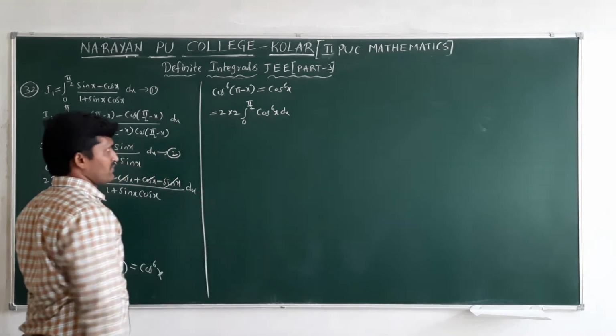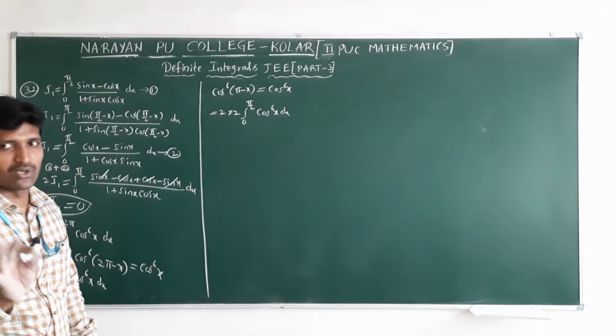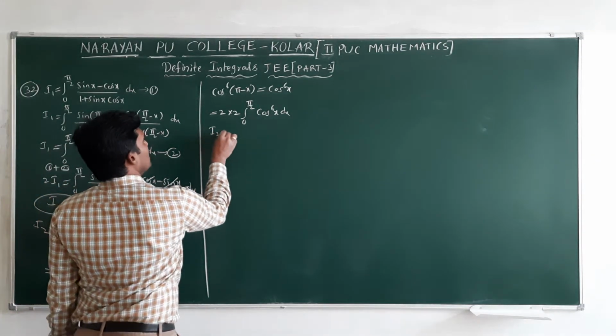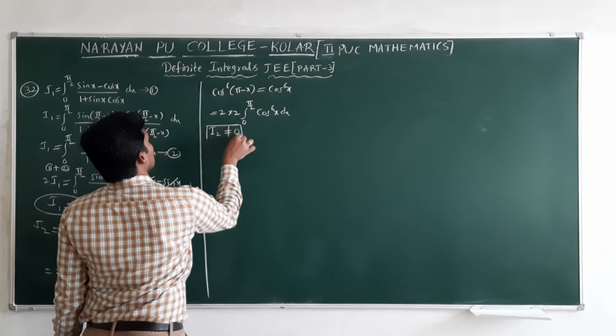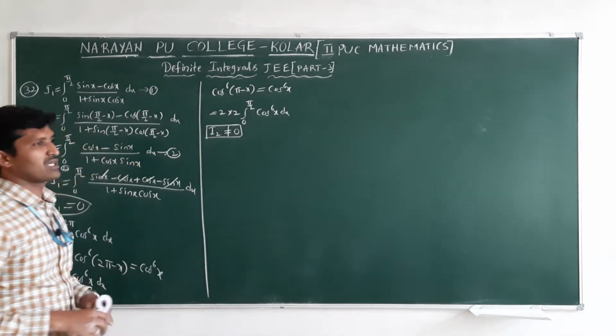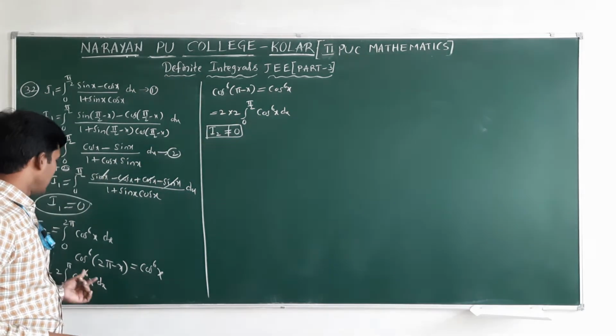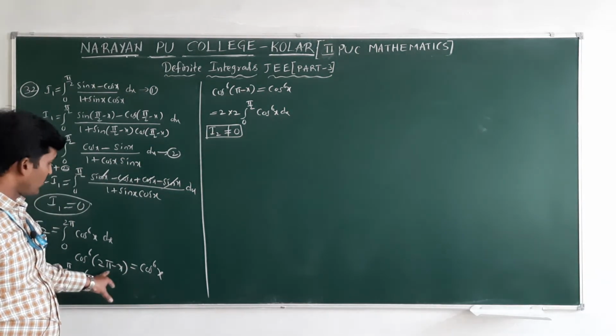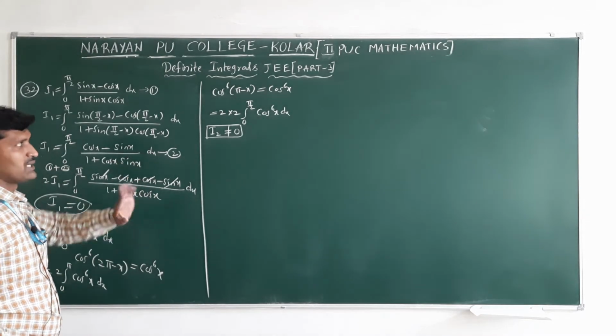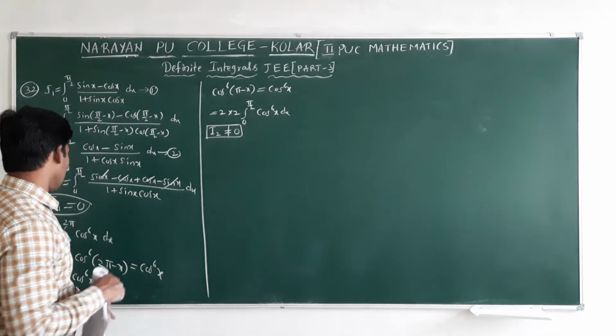But anyway, if you solve this, it never becomes 0. That's why the I2 value is clearly not equal to 0. To get 0, what are the chances? Either it is an odd function. It's not odd, it is clearly an even function, and it satisfies this property also. If you got a minus, then the value is 0, but it is not 0 under any other conditions either.